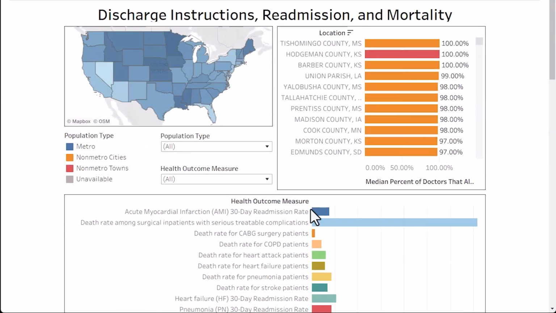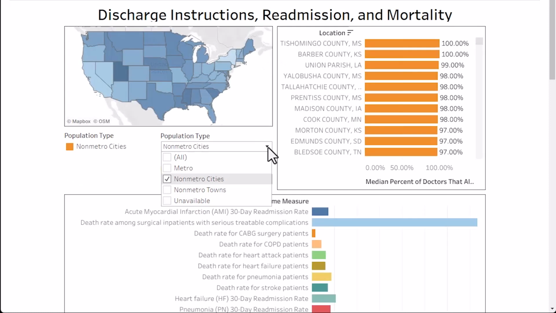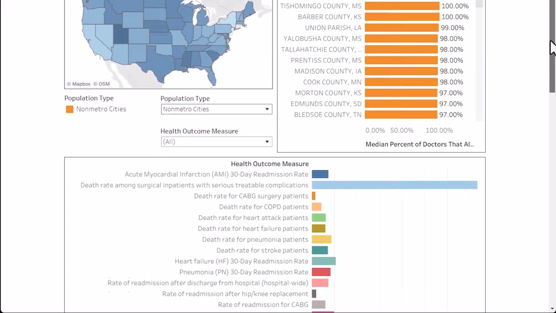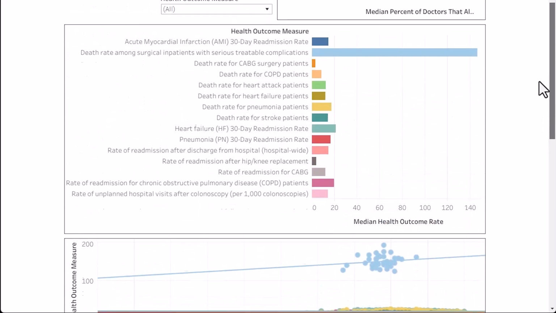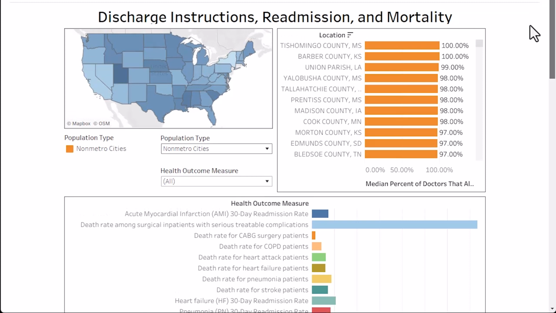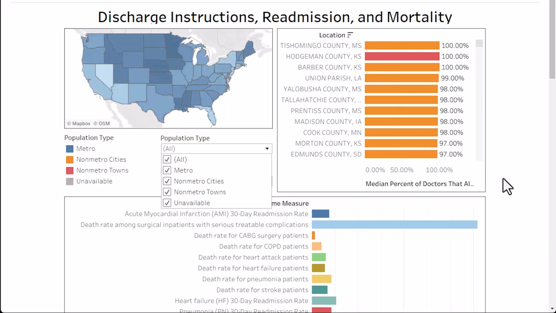And then what we can do is select a different filter. Here we can look at population types. So let's say we wanted to take a look at only non-metro cities. If we click on non-metro cities, the dashboard will refresh and will show only non-metro city data. So this is data from counties that are identified as non-metro city counties. And we can then go back and select all, and that will refresh the dashboard back to include all the